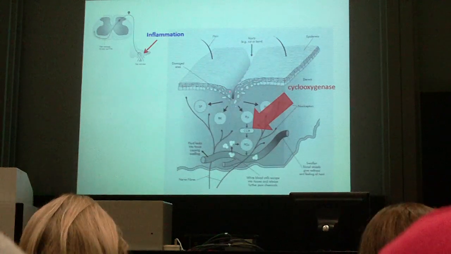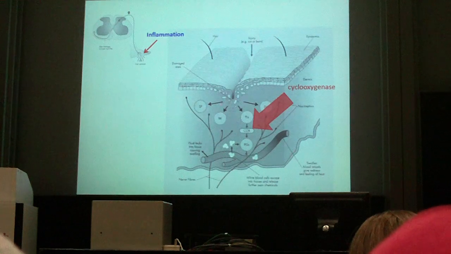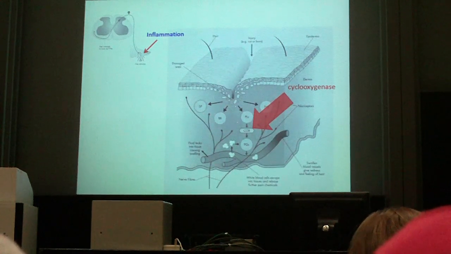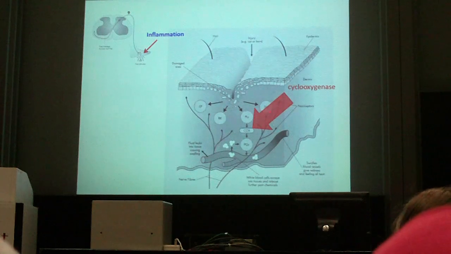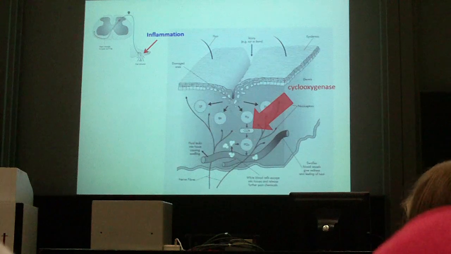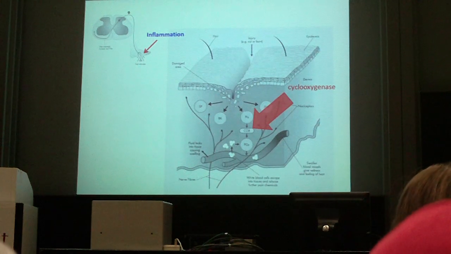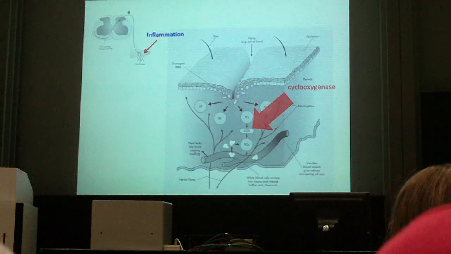You see distortion of the skin, and a lot of factors are released, from substance P to bradykinin, serotonergic molecules. And they all, and this is the very important one, cyclooxygenase COX-1, COX-2. A lot of therapies have been related to modulation. This enzyme, this COX enzyme,